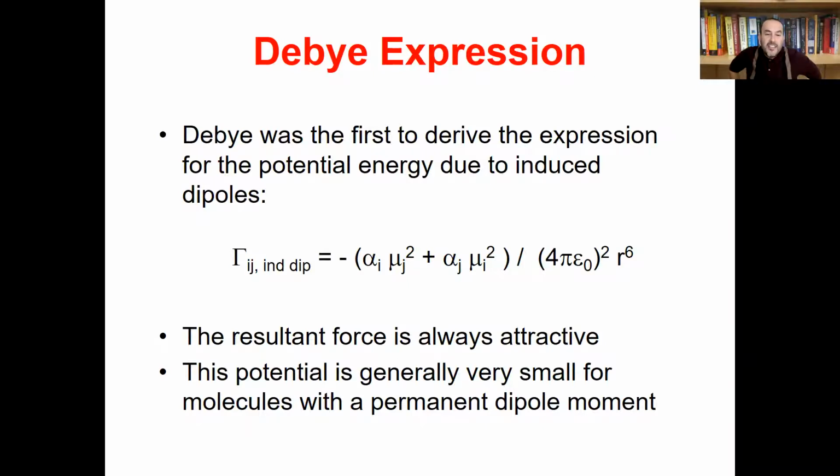So yes, in this dipole interaction, this is the expression here. This is the polarizability of the molecule I, and this is the permanent dipole squared of the particle J, because this dipole literally polarizes the particle I, and vice versa. The permanent dipole on particle I polarizes the particle J. There are two important things here. One, this potential is always attractive,